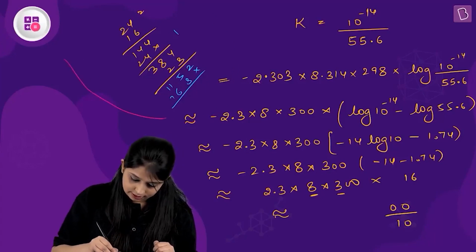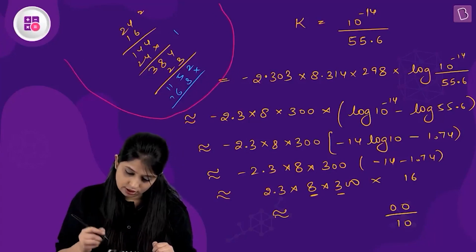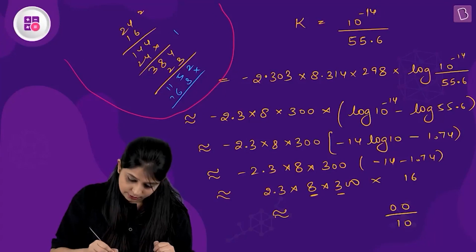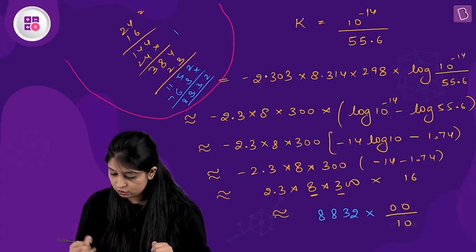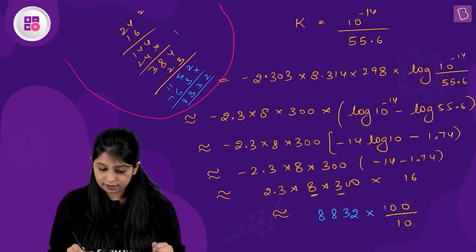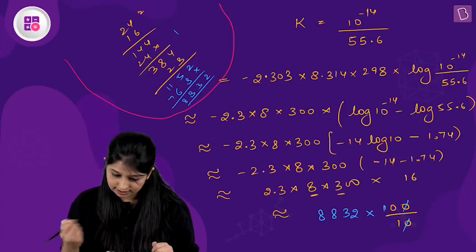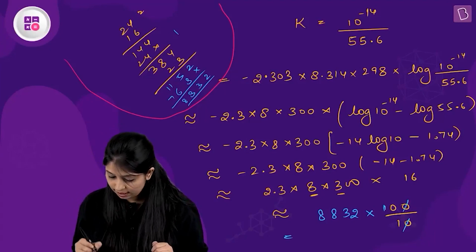Just trying to segregate the calculation from the question. Okay, so this comes out to be 2, 3, 1, 6, 1, 7, 8, 8. So this is 8, 8, 3, 2 into 100 divided by 10. So this cancels out, right? So what do we have here? We have